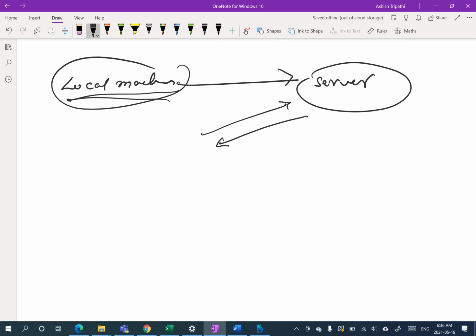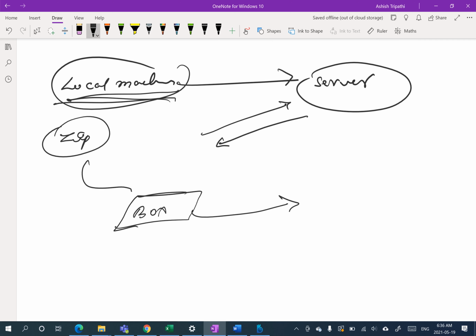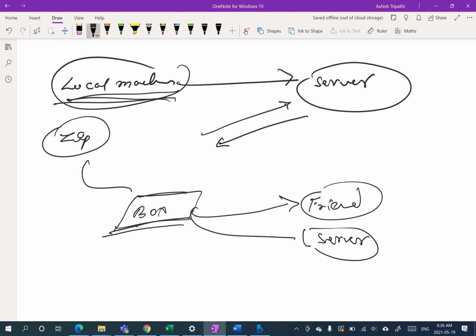So just try to imagine that whenever everything is working fine in your local computer, and you want your friend to test it in his or her computer, then you need to recreate that same environment, because something which is working fine in your computer might not work in their computer because they don't have the same library or same environment. So that's why we need to zip the entire environment, and then put it into a box. You can imagine it like that, and then you transfer that box to your friend, or maybe to a different server. And that box is basically